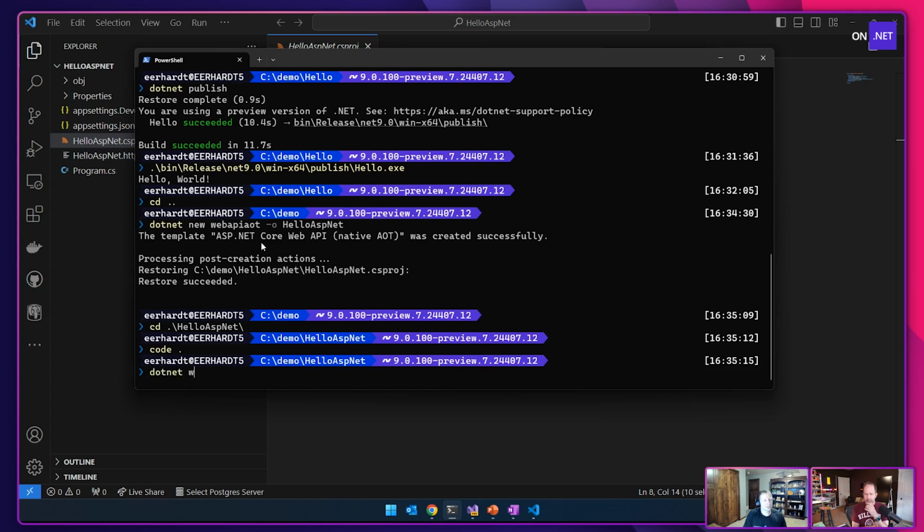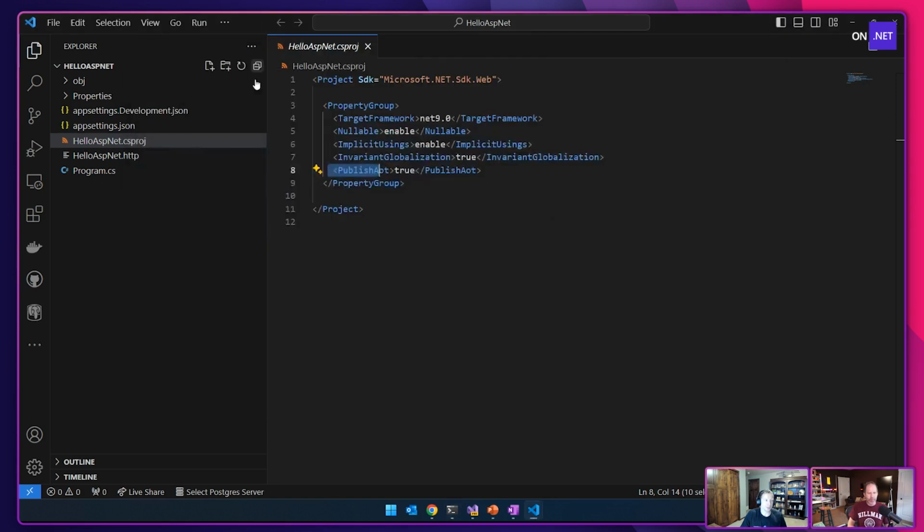Okay. Yeah, there's another one. So there's .NET new worker, which is kind of like an ASP.NET app. It's like a background worker app. This one has an AOT option for it. We had all three of them originally in .NET 8 like that, but there were complications in the template story on why we had to do it this way for web API. So let's explore that csproj again. Yep. So you'll see the same thing in here, this publish AOT true.